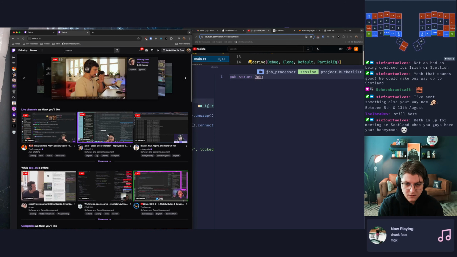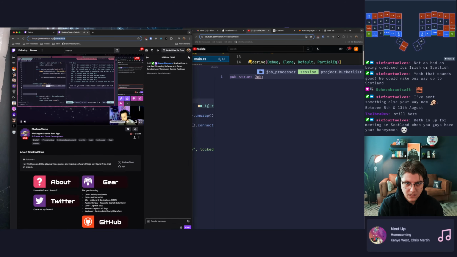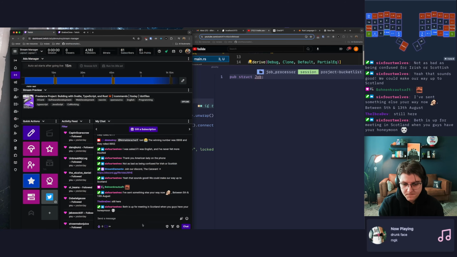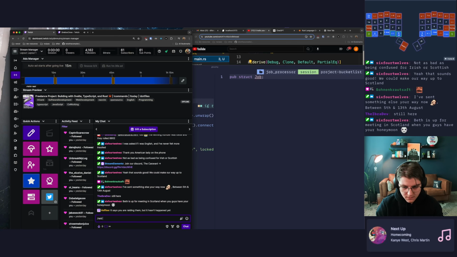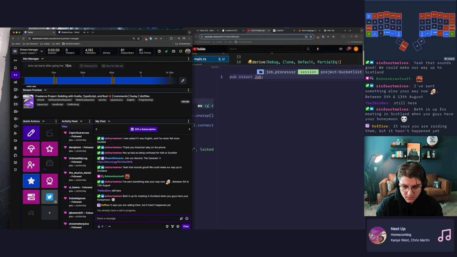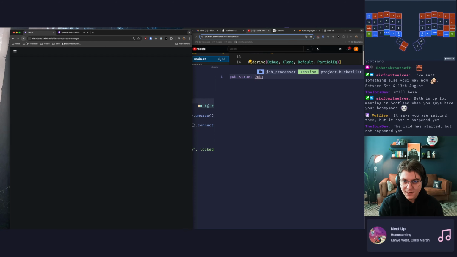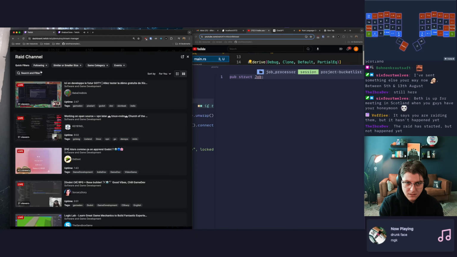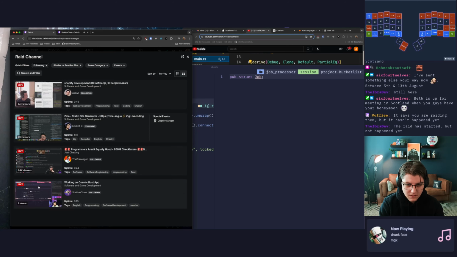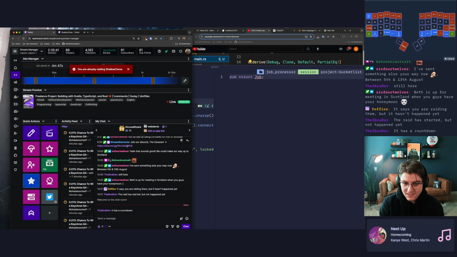Sweet. Hell yeah. Okay. We're just going to do this from the CLI. Oh my god. /raid space. You already have a raid in process? What is happening? I don't see a countdown anywhere.